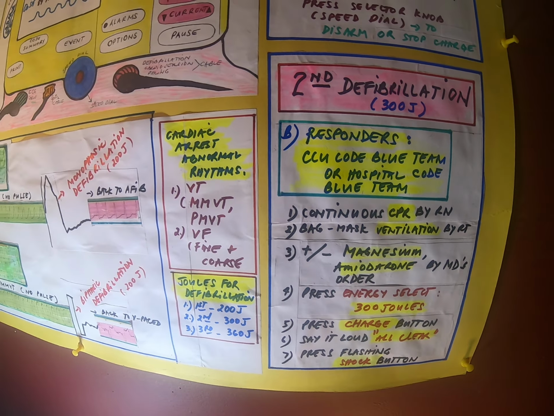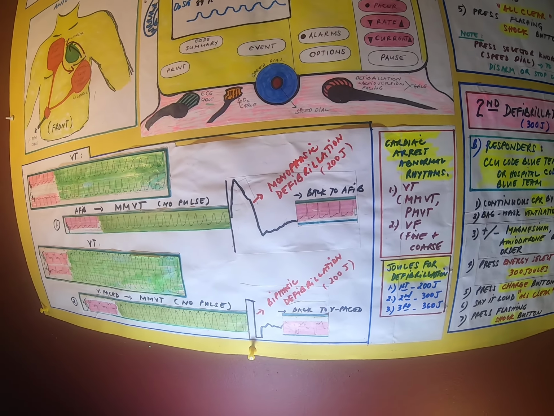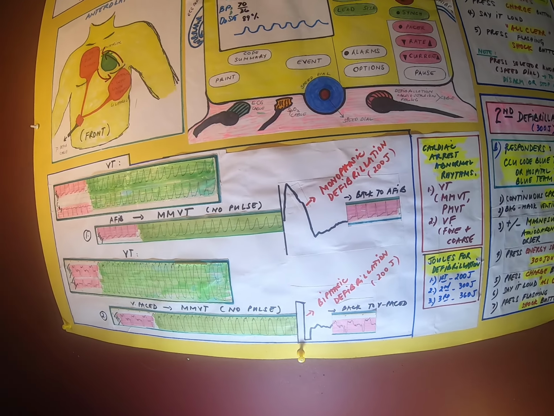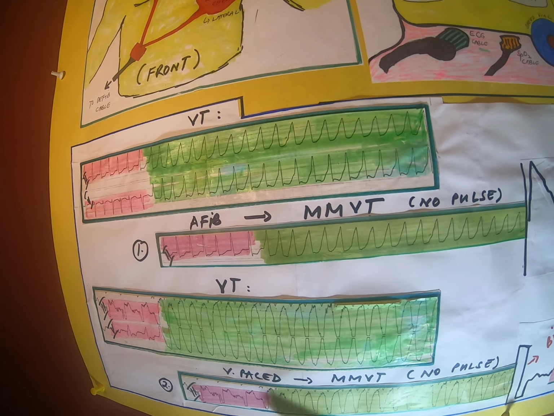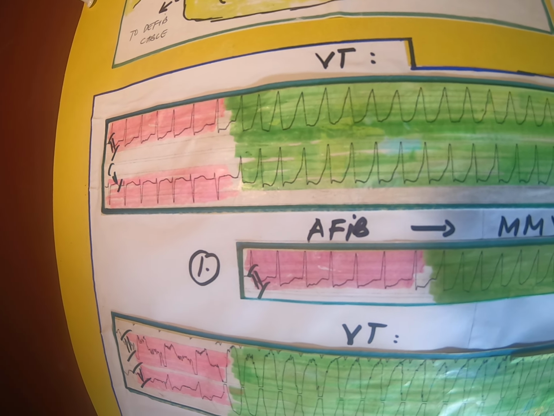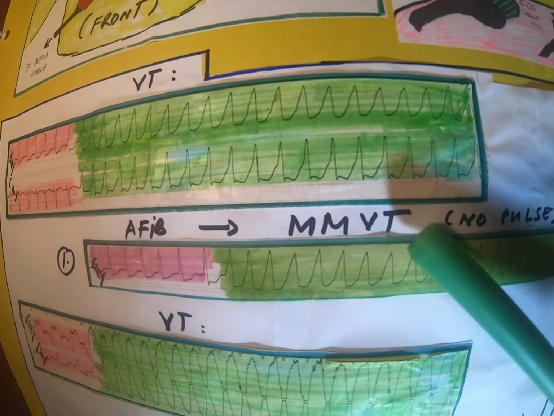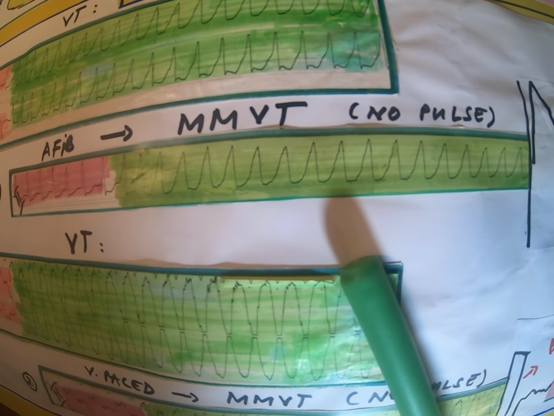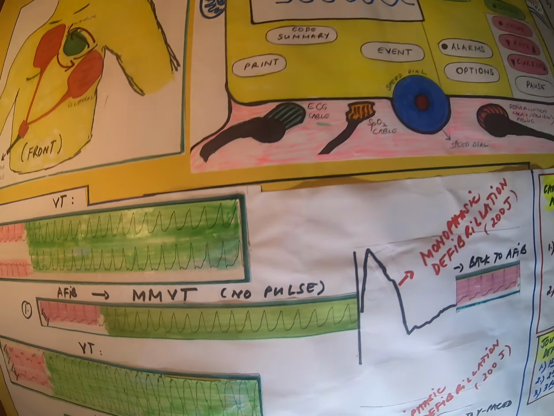So when our defibrillation succeeds, this is what's going to happen. We see that originally they are in atrial fibrillation. They developed wide complex tachycardia. So here on the defib monitor, we apply the shock, and what you see here